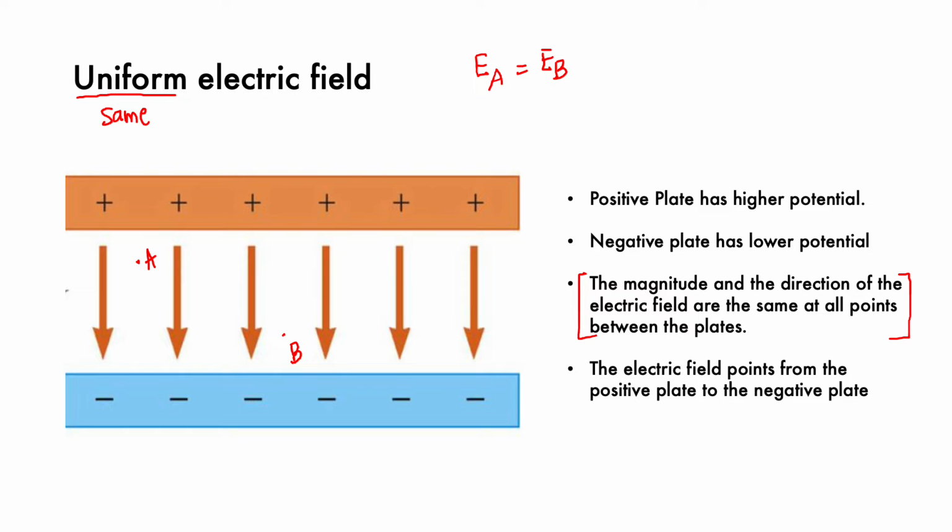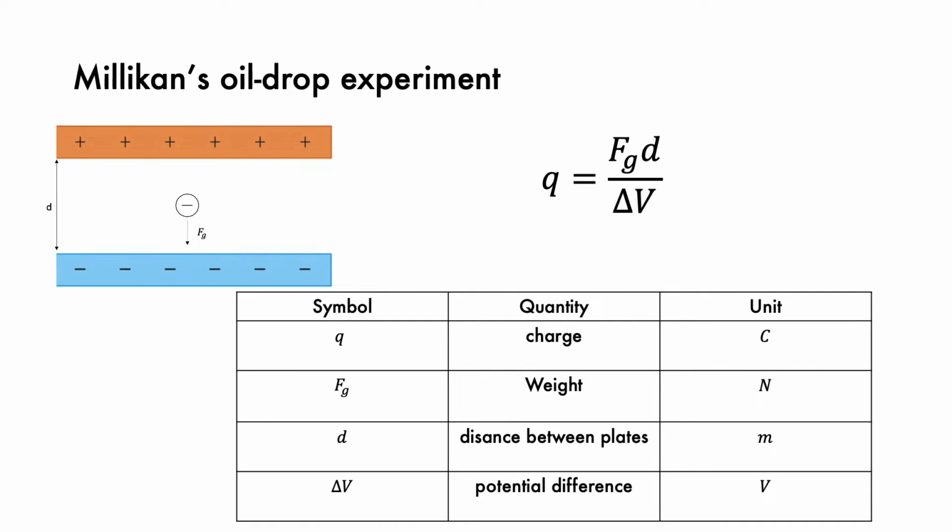Now in this video we want to discuss Millikan's oil drop experiment, the formula which he used, not the exact experiment itself, but the formula which he used, and we will solve a problem based on it. So he actually used a uniform field, so that's why we just wanted to recap the meaning of uniform electric field. We have two parallel plates which have a uniform electric field between them,